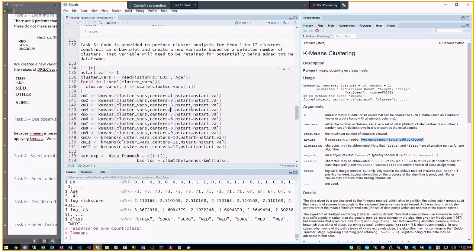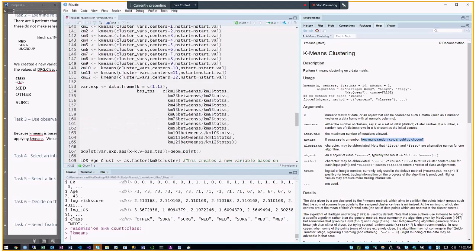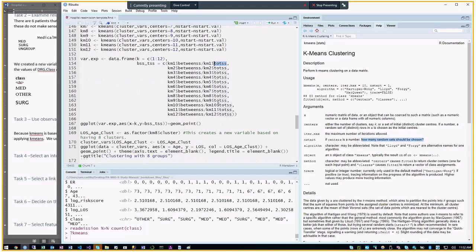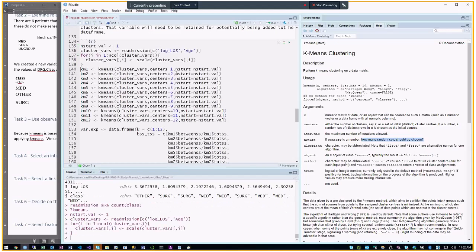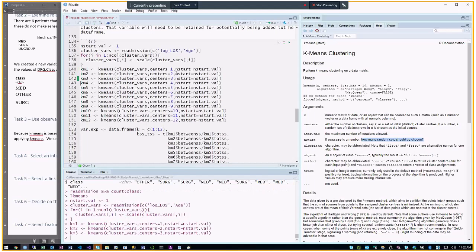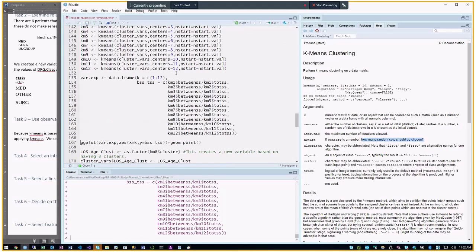So for now, we're just going to leave it at 1, but we just note what it's doing. And then there's this variable explained data frame, which takes the between sum of squares divided by the total sum of squares. So let's just change this to log length of stay, and then run everything down